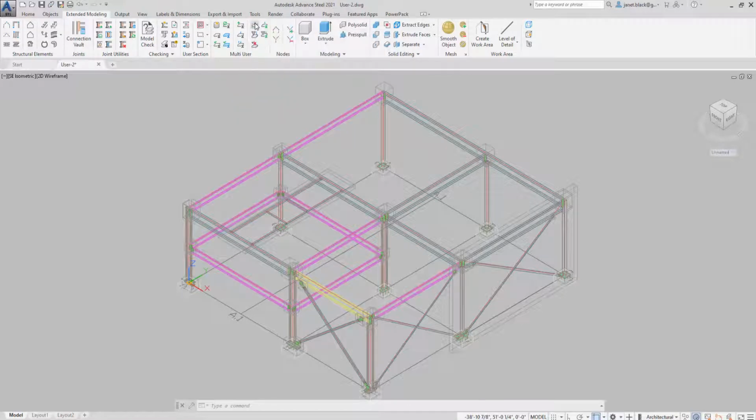I'll select the supporting beams I want to work on, and then I'll hit the Enter key, therefore removing them from the block where I'll be ready to make some modifications. So we've used Checkout by Selection Complete. I'm going to hit the Enter key, and you can see that they are now removed